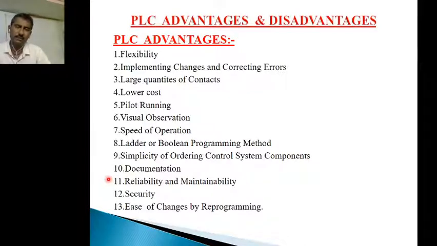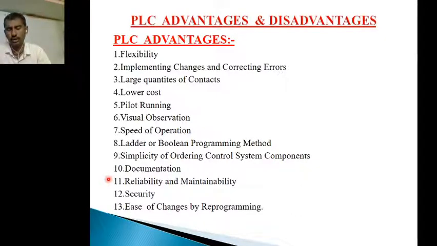First is flexibility, second is implementing changes and correcting errors, third is large quantities of contacts, fourth is lower cost, fifth is pilot running, sixth is visual observation, seventh is speed of operation, eighth is ladder or Boolean programming method, ninth is simplicity of ordering controlling system components, tenth is documentation, 11th is reliability and maintainability, 12th is security, and 13th is ease of changes by reprogramming. And like that we have the PLC disadvantages also.